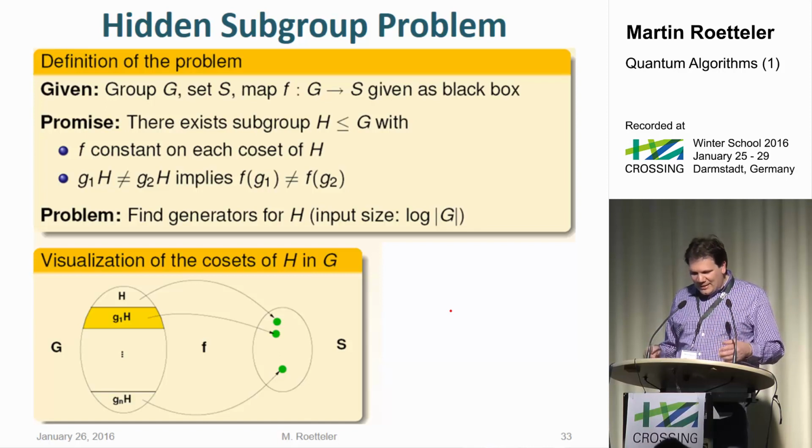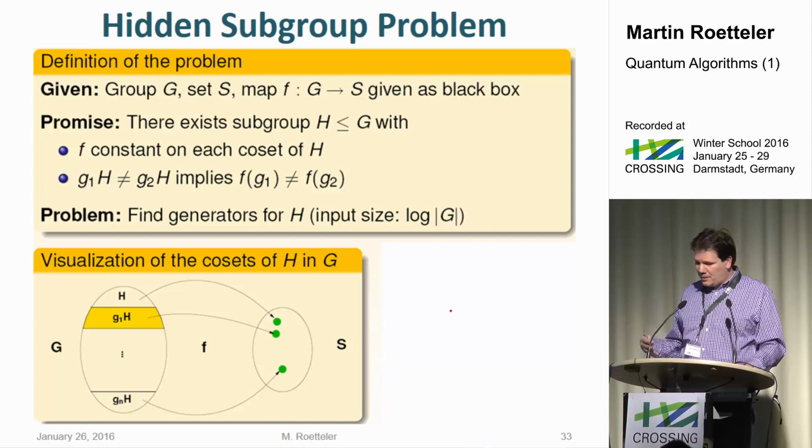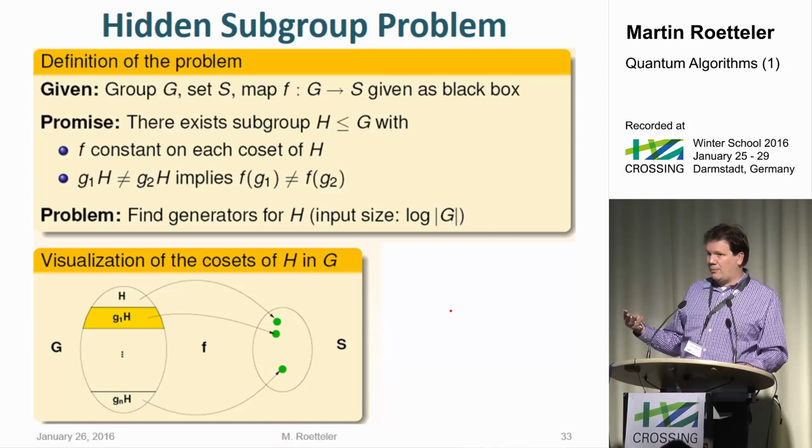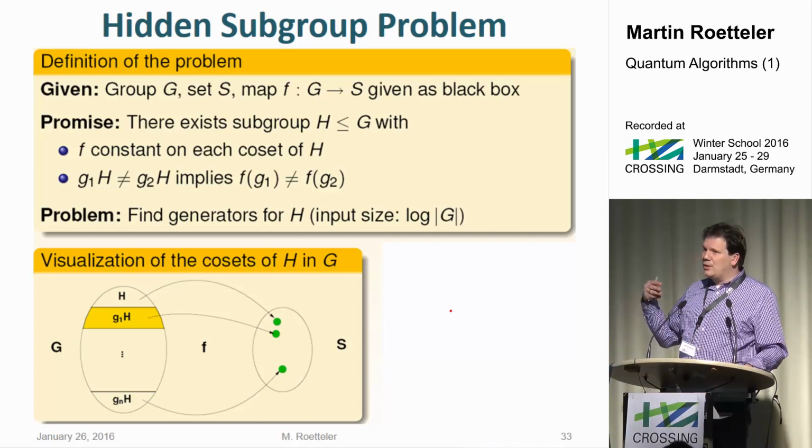There's no ultimate answer as far as I know, but people try to abstract from the case of a cyclic group to other domains. So here's a definition of a problem that you can do whenever you have a finite group, whenever you have a map which has sort of a period. A period just means that there is a subgroup of the group for which the function is constant, right? So you can say the function is periodic, and you also want to have that the function has exactly that period.